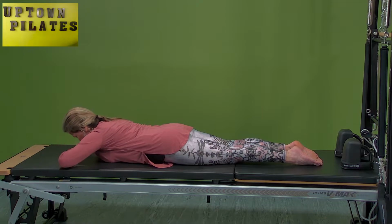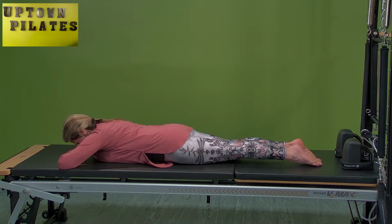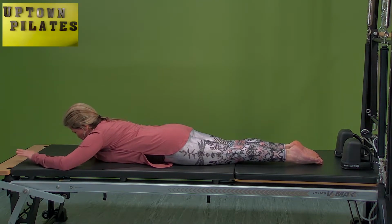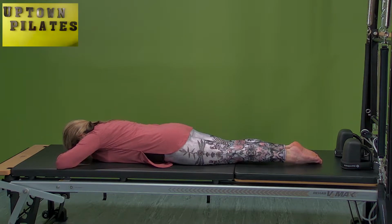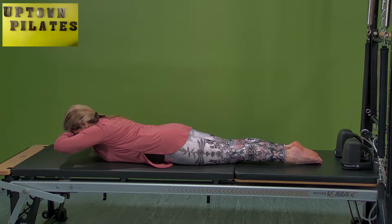Bring your hands under your forehead. We're going to do that same low hover, but now we're going to add the weight of our arms to that. If it's too much for you, you can leave your arms down. So forehead rests on the hands, ears lengthen away from the shoulders, and inhale. As you stretch into that low hover,